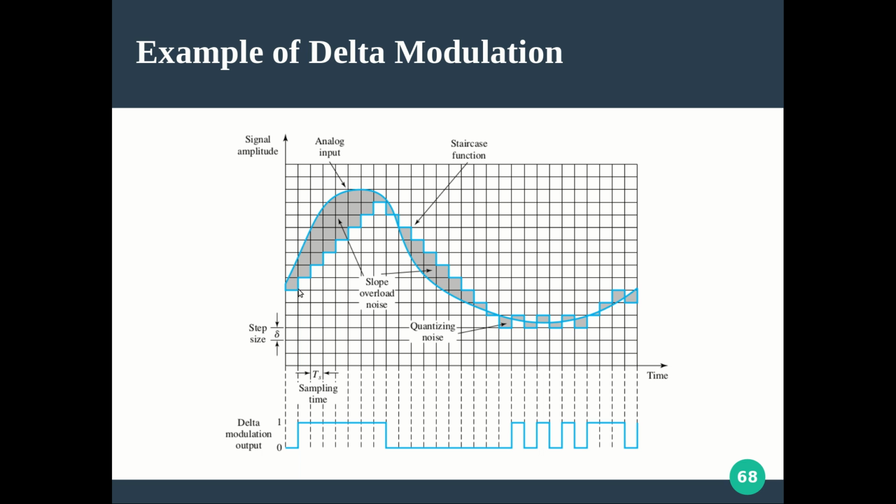At this sampling point, the signal is at this point, and the staircase function is at this point. So note down the amplitude of the staircase function and the amplitude of the signal. If the amplitude of the signal is higher than the amplitude of the staircase function, the staircase function is supposed to move towards the signal, meaning it has to move up. So we will be assigning an up movement for the staircase function. After that up movement, for the next entire sampling interval, it will maintain that constant amplitude.